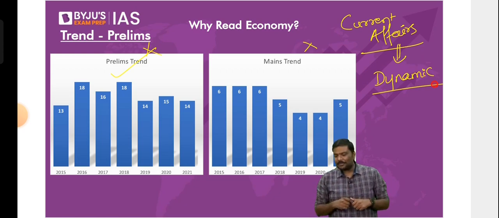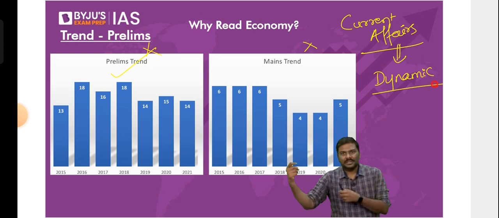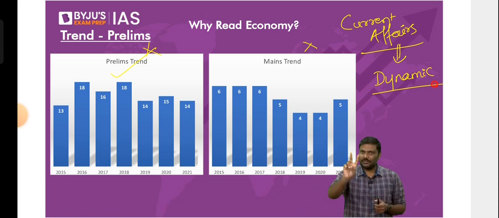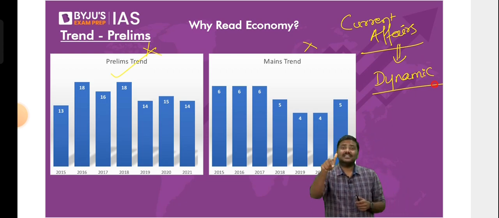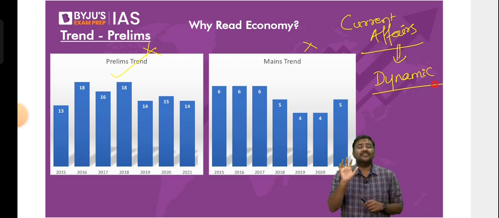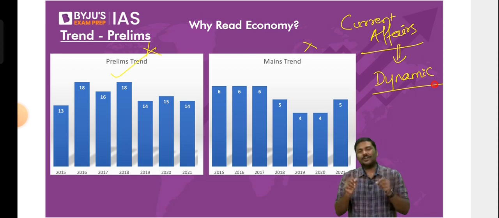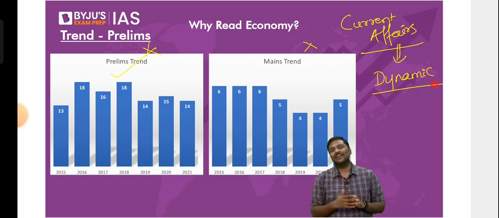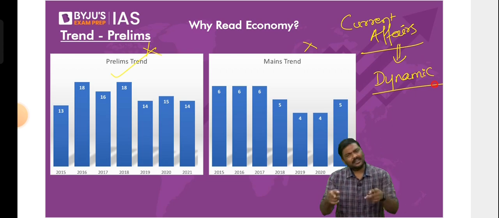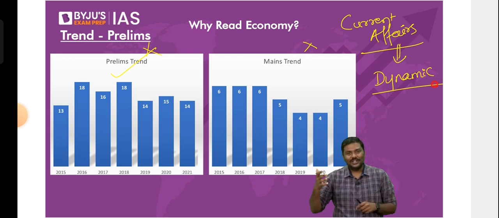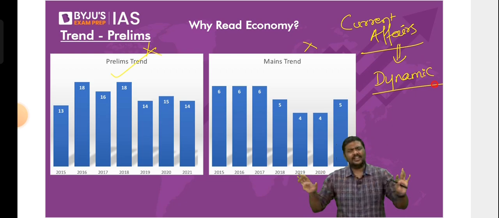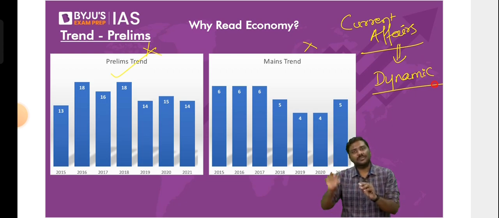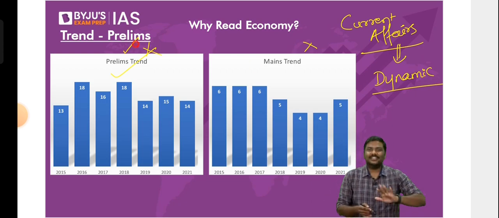But my recommendation is, whenever these kinds of articles keep popping up in the newspaper, please read them. I'll give you a second example. Not in The Hindu, but in other newspapers of today, Business Standard and Business Line are carrying an article regarding 7 years of Pradhan Mantri Jan Dhan Yojana. The government of India has implemented this scheme, and because it is in the newspaper, UPSC might think it is the right time to ask a question on it. So please be very careful. Focus on what keeps appearing in current affairs, update it, and keep revising it. Because the trend of UPSC is very clear: the majority of questions come from current affairs itself. So this is the trend regarding the UPSC preliminary examination.